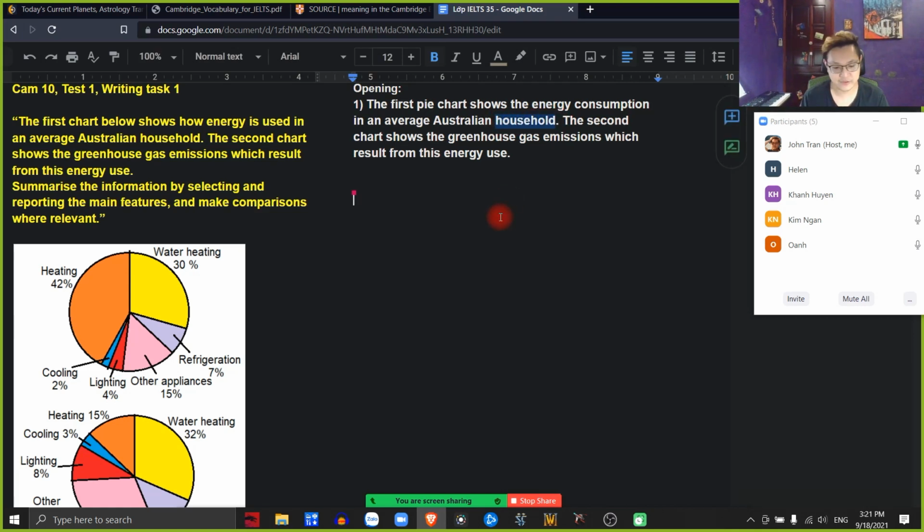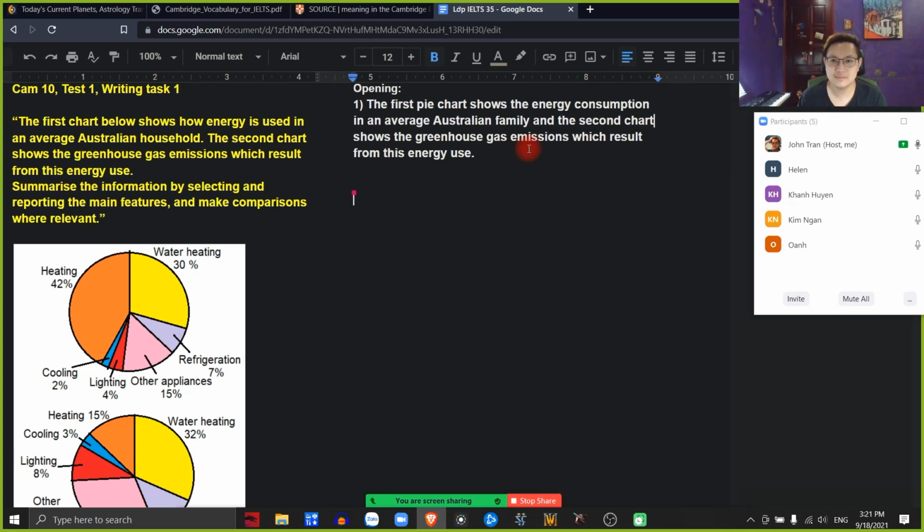A household is a family, isn't it? Một hộ gia đình chắc là nó là một gia đình. So a household is nearly similar to a family, isn't it? Average. We can just keep it. We don't have to change everything. Okay. And then I would suggest merging the two sentences together by using and